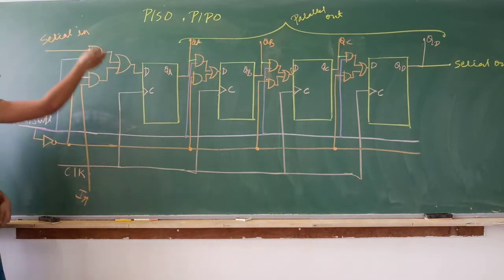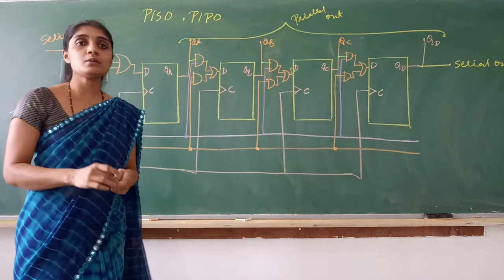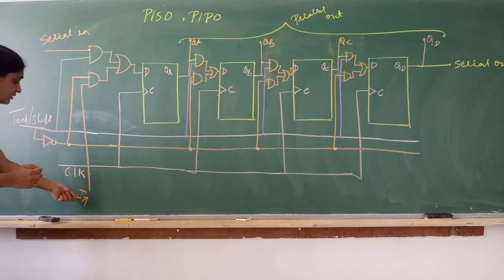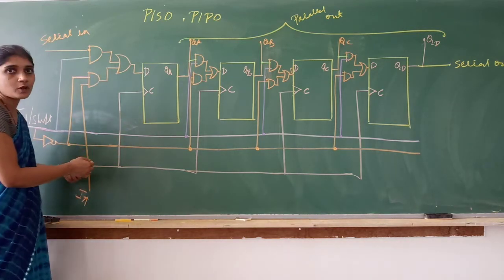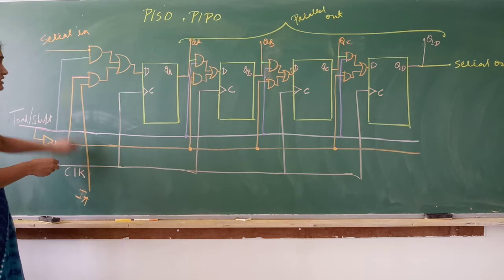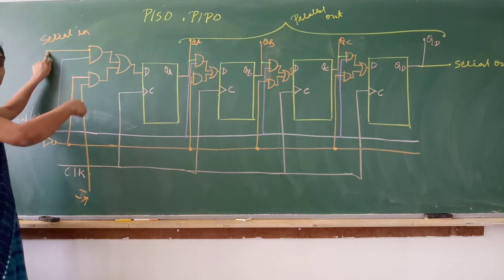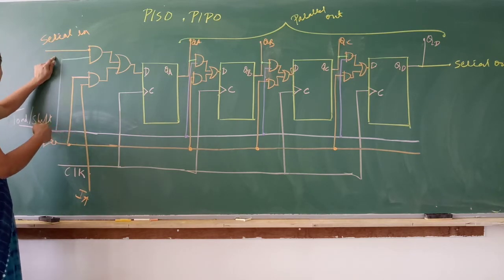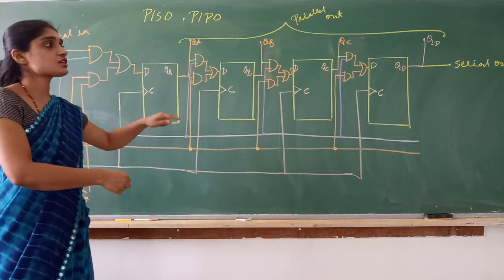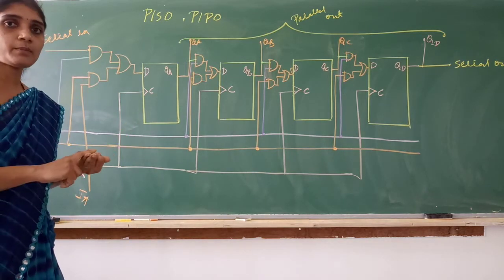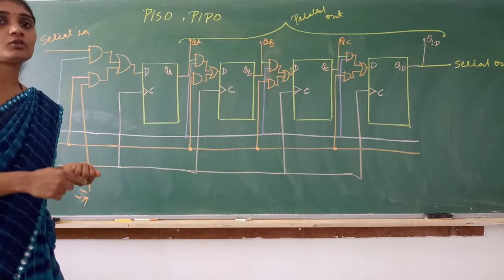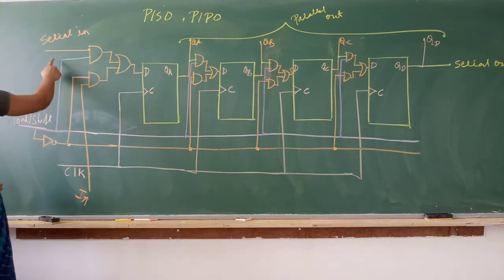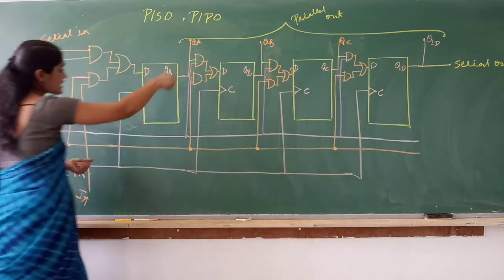Parallel input means what? We are trying to connect parallel in, parallel out. Parallel input means simultaneously I should give the input. So parallel in, 4 inputs, directly I am giving to the flip-flops. So IA, 4 inputs. Serial input, we were giving inputs serially, but here I wanted to give parallel, but I have given an option for serial input also. See, there is a circuit, whatever I am going to write, this can act as serial in, serial out, serial in, parallel out, parallel in, serial out, parallel in, parallel out. All the 4 types of registers you can experience with this. Okay, that is why I have given an option for serial in, serial out, but mainly we are designing this for parallel in.